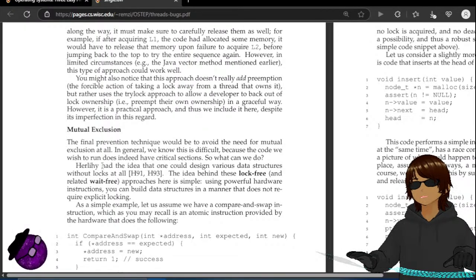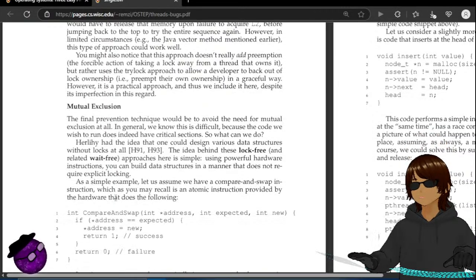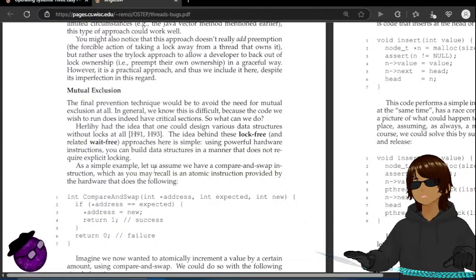Herlihy had the idea that one could design various data structures without locks at all. The idea behind these lock-free approaches is simple. Using powerful hardware instructions, you can build data structures in a manner that does not require explicit locking. As a simple example, let us assume we have a compare-and-swap instruction, which, as you may recall, is an atomic instruction provided by the hardware that does the following: